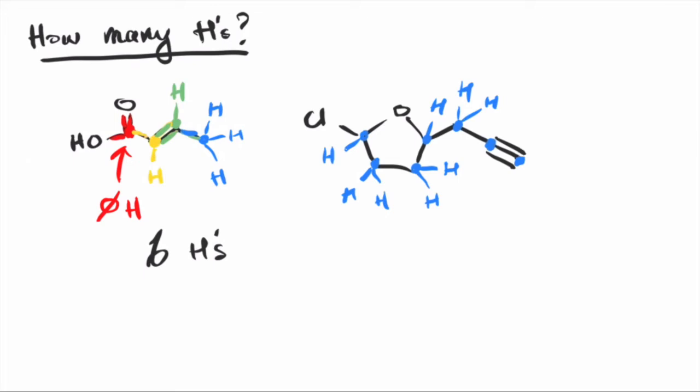What about on the other end of that triple bond? It has 3 already, so that carbon needs 1 more bond. So that is the hydrogen. And so I just want to also point out that at this end over here, it is connected to a chlorine, so there are no hydrogens there either. All right, so how many hydrogens is this? 1, 2, 3, 4, 5, 6, 7, 8, 9. That's a total of 9 hydrogens.